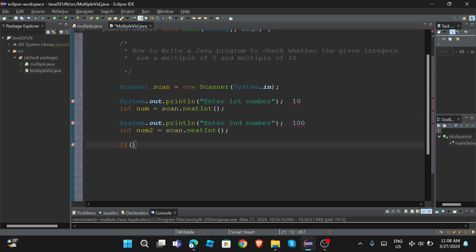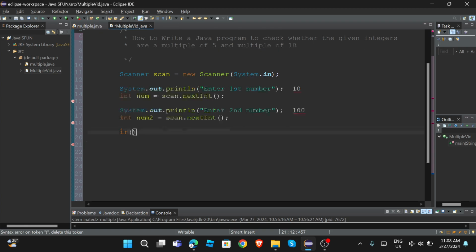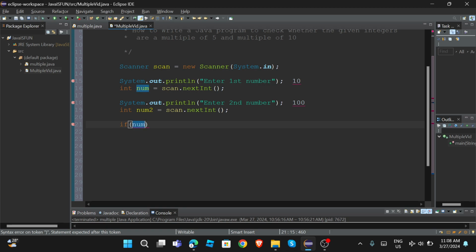So in order to do that, obviously we gotta write two if statements. So let's get started. Alright, so if num modulus 5 equals 0, then